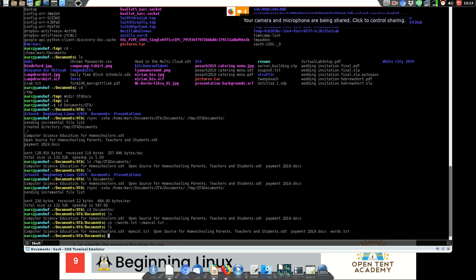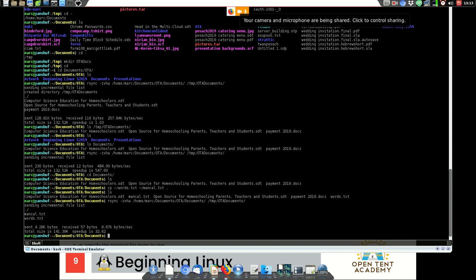Okay, and now we look and we have two more text files in there, some man page that we were looking at, and words.txt, our words file. Okay, so now what happens if we run this rsync again? See, it only sends the two new files.